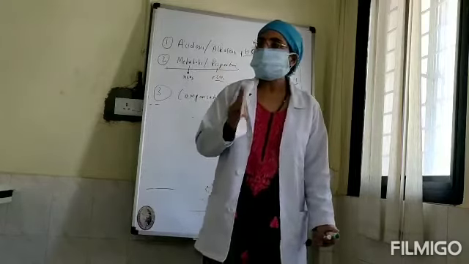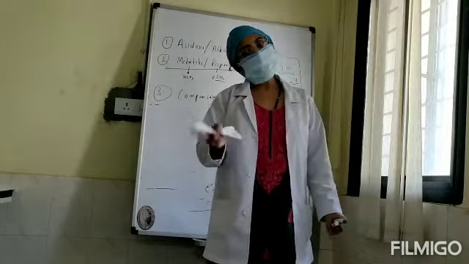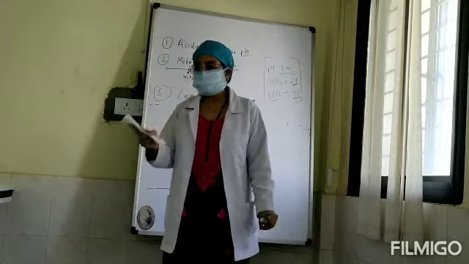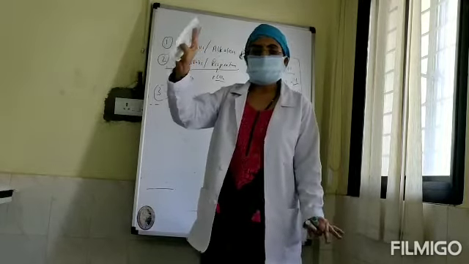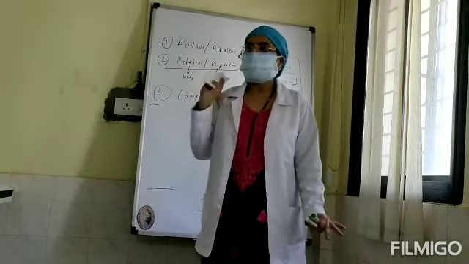So I will tell you what to do and how to interpret when you don't have history, and if you have history, how you are going to check for compensation. Okay, so we'll take case by case. At present, I don't know about the case, but on the basis of ABGA, I am going to tell you what I am going to interpret and what I am going to do.